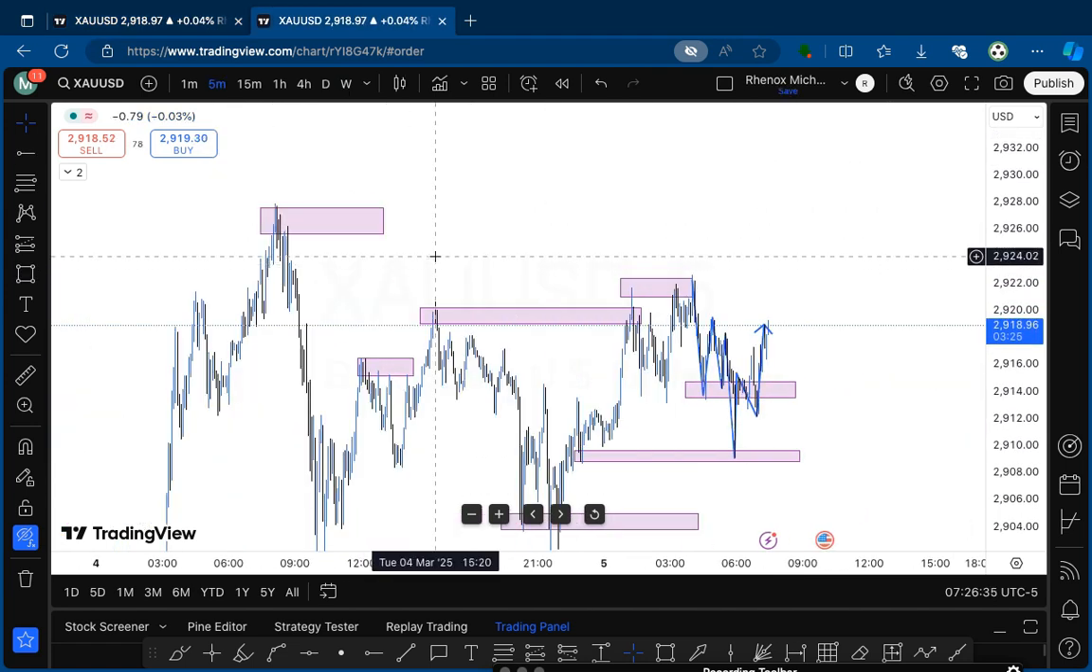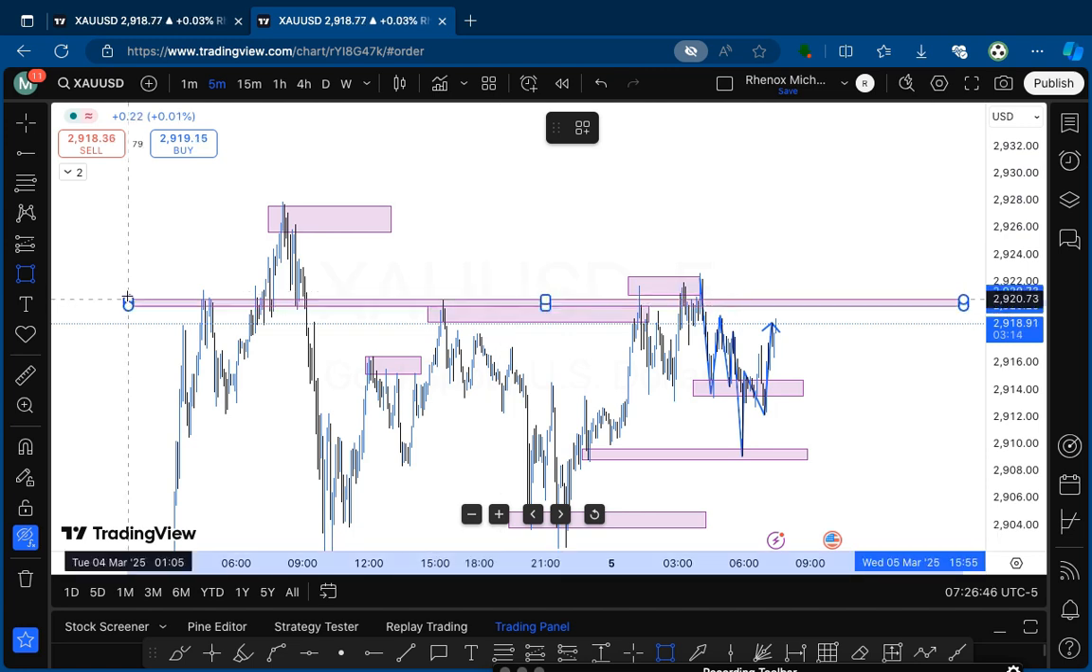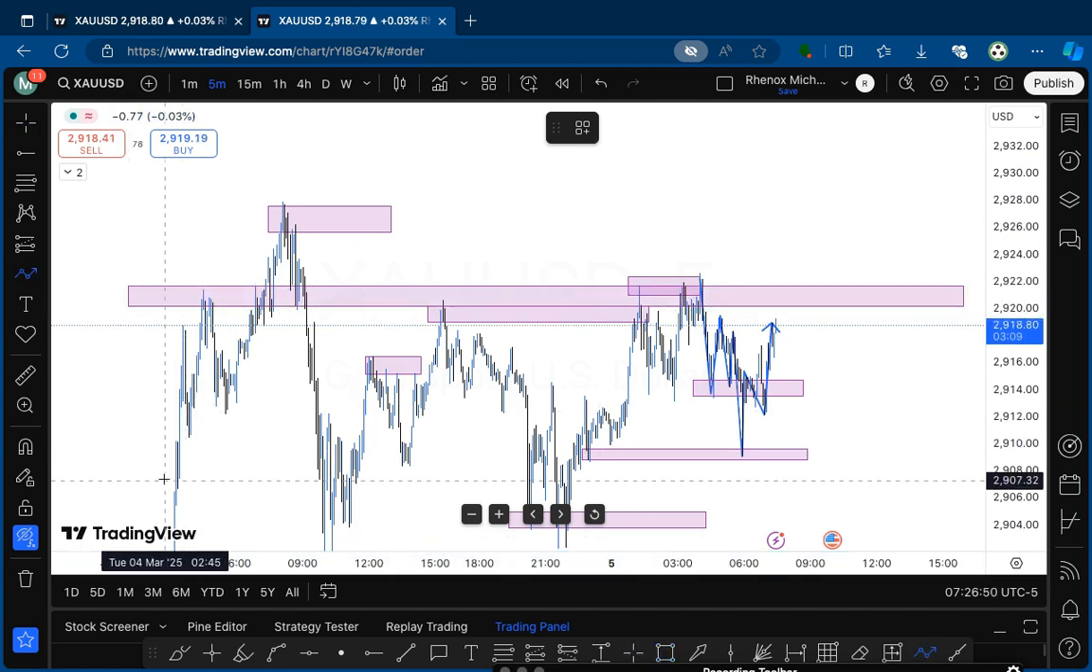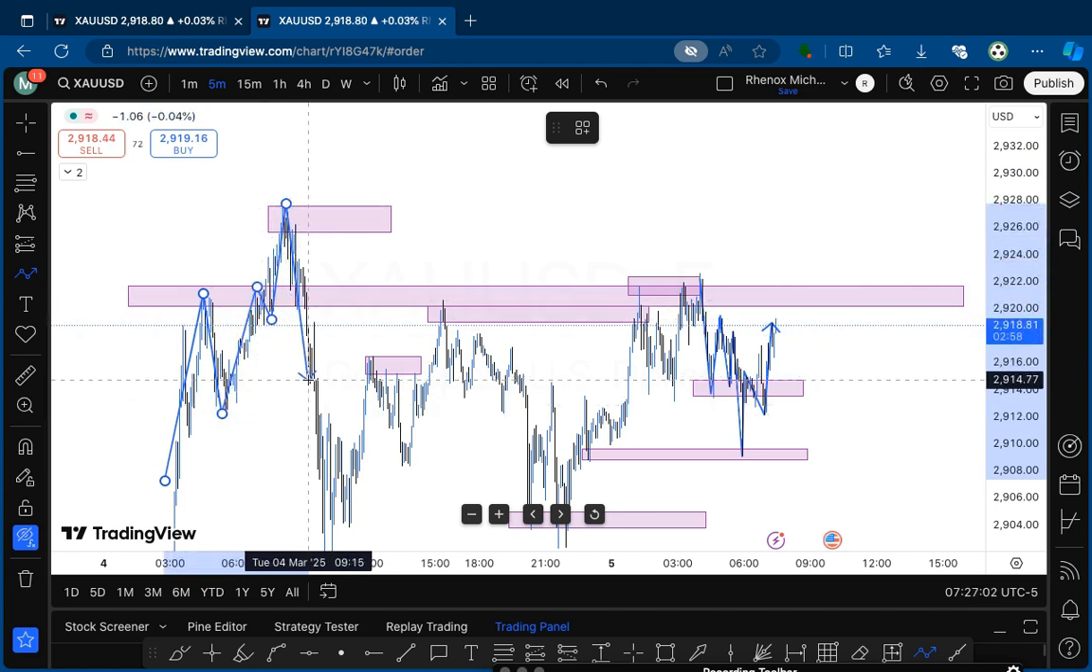For example here, you notice that there's a key price point, which is 2,920. You notice that price keeps hitting that 2,920 area. Let me use the path tool. Price rallied up here, came back down, went up, reacted to the 2,920 again, then came back down, broke it higher, then reacted to it, went up, and came all the way down here,